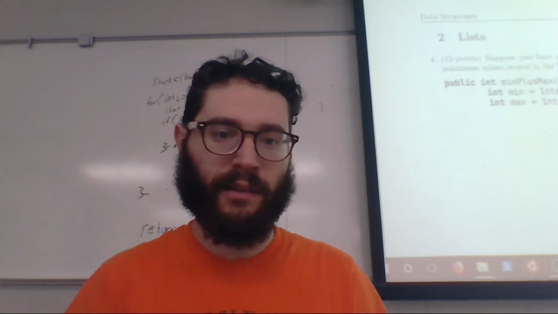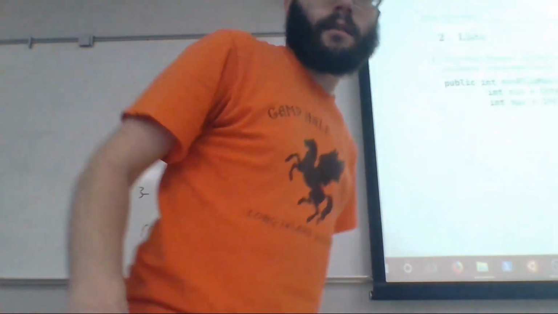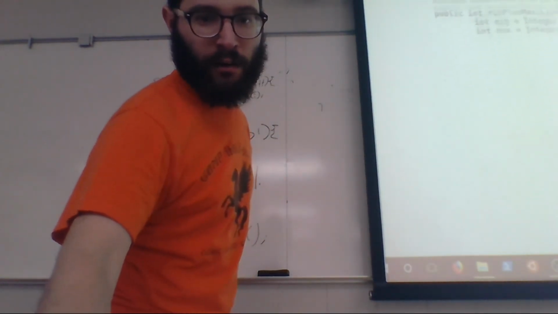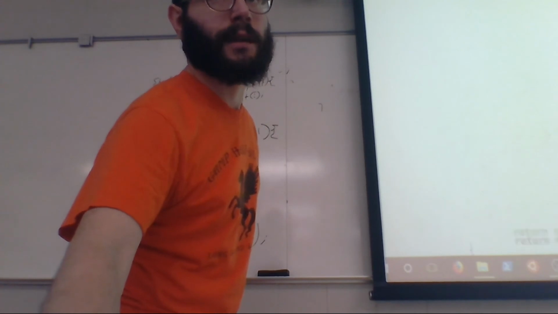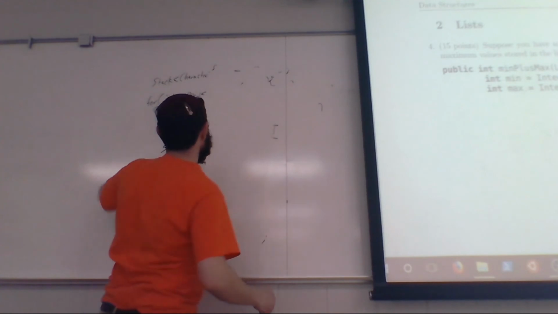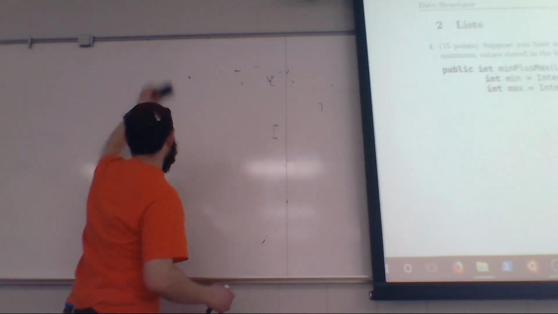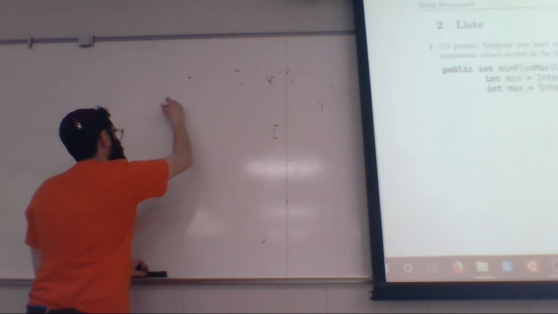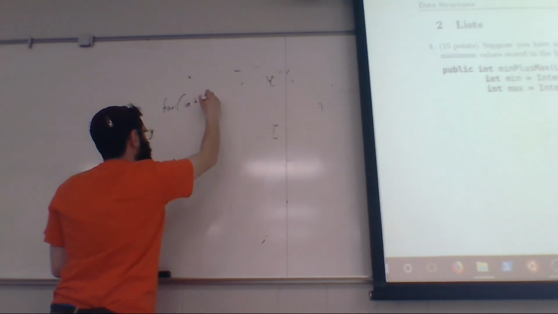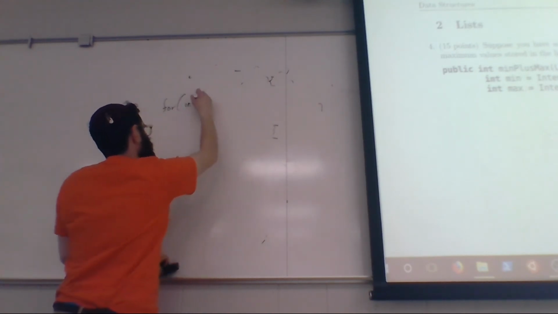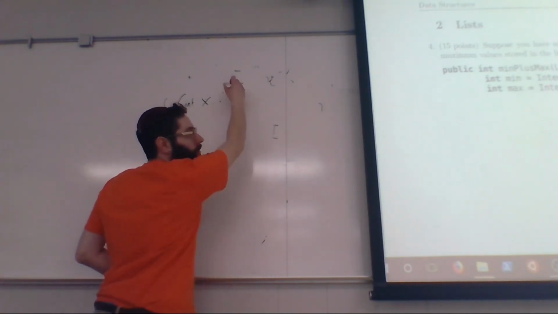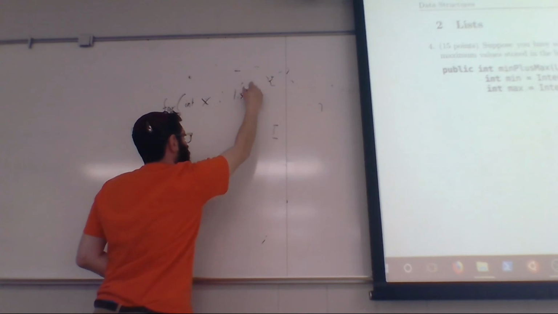Okay. So now let's go ahead and solve this one, the min max plus. Here we just need to find the minimum and the maximum in the list and return their sum, which it already does that returning for me. So that's pretty straightforward. Actually, really easy, because we can just simply iterate through this. So for int, we know they're integers, so for integer x in the list,